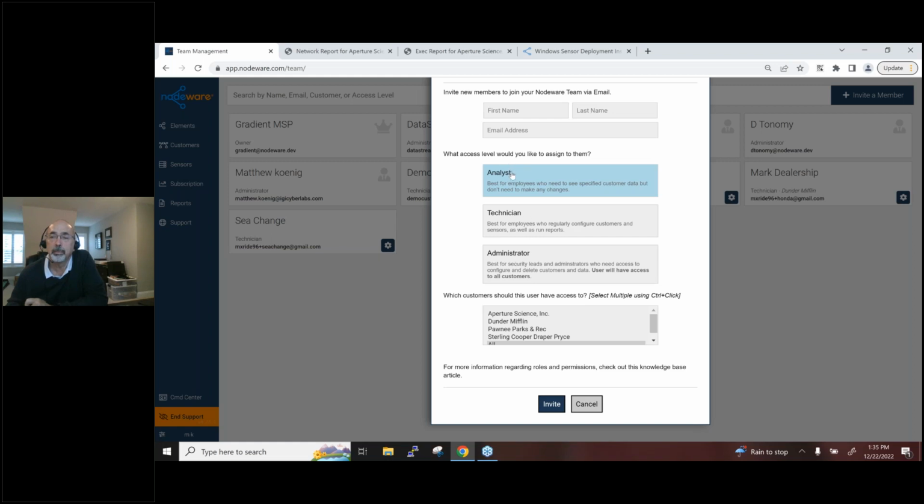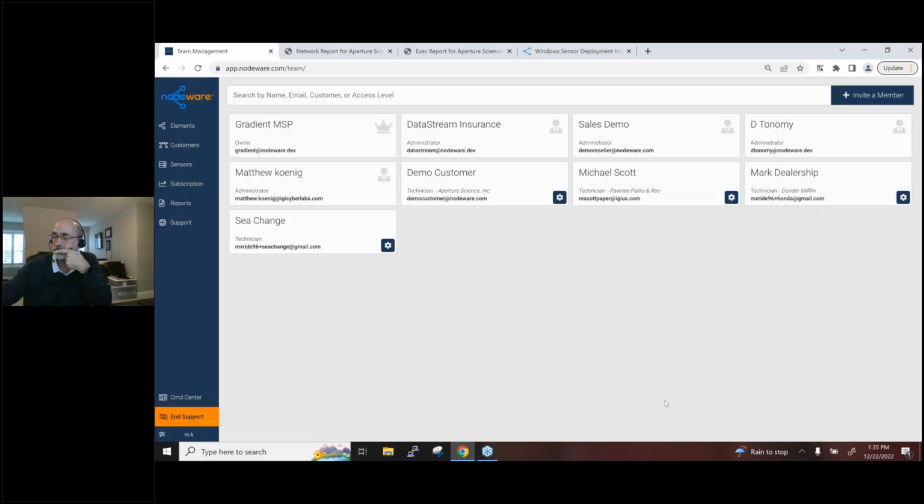So this is also good if you want to get a customer up and running, get it deployed, collect data, and then invite your customer. You can do that at this time as well. So if you want to invite customer Aperture, you give a first name, last name, email. You want to give them read-only access, and access to Aperture, hit invite. They would then receive an email that says so-and-so has invited you to join their Nodeware team.